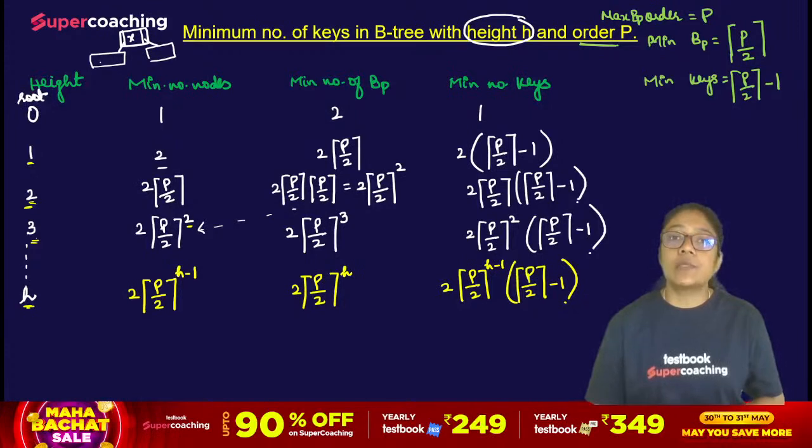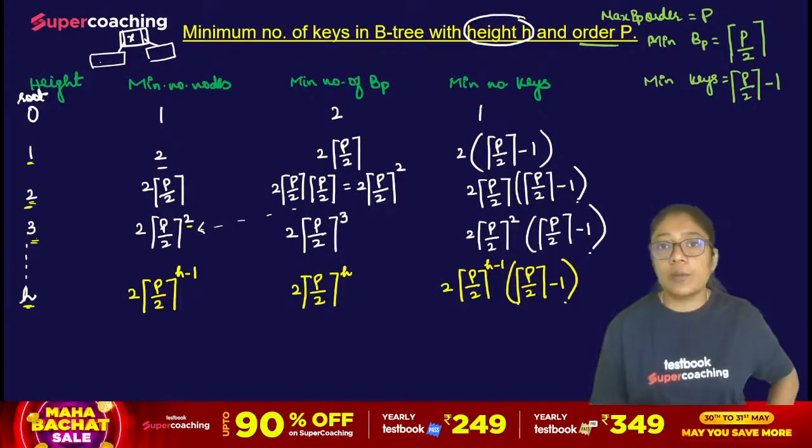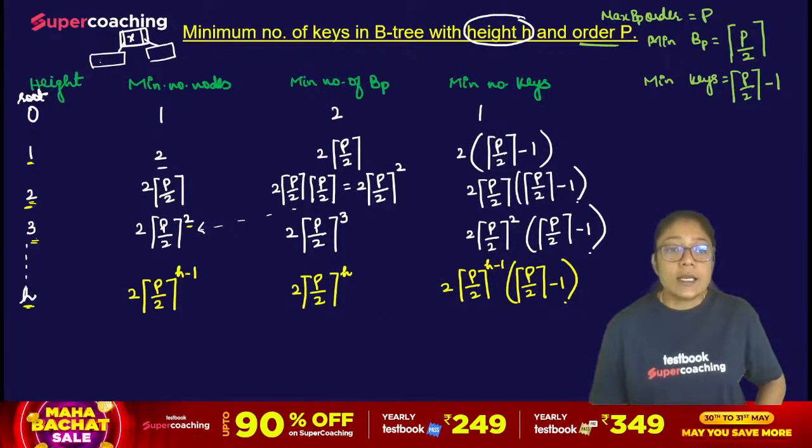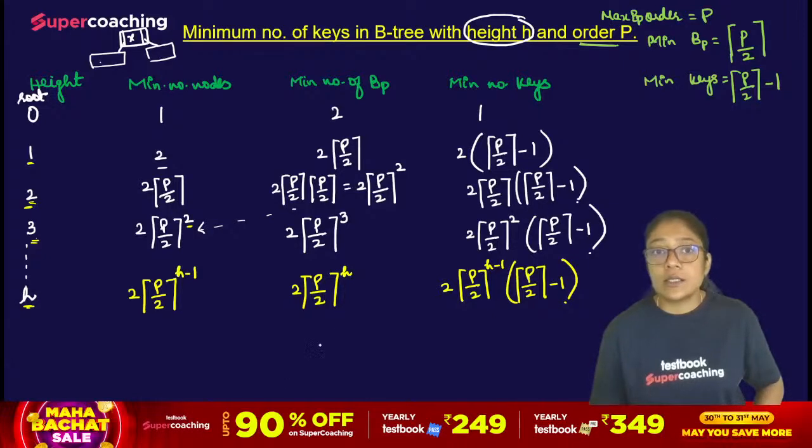अब आप देख लो कि आपसे क्या पूछा हुआ है. If it's asking for the minimum number of keys with height h, तो आप इन सारी terms का sum ले लोगे. If it is asking for minimum number of block pointers, then you will take the sum of all. And if they are asking how many pointers will be the null pointers, since height h is representing the leaf level,